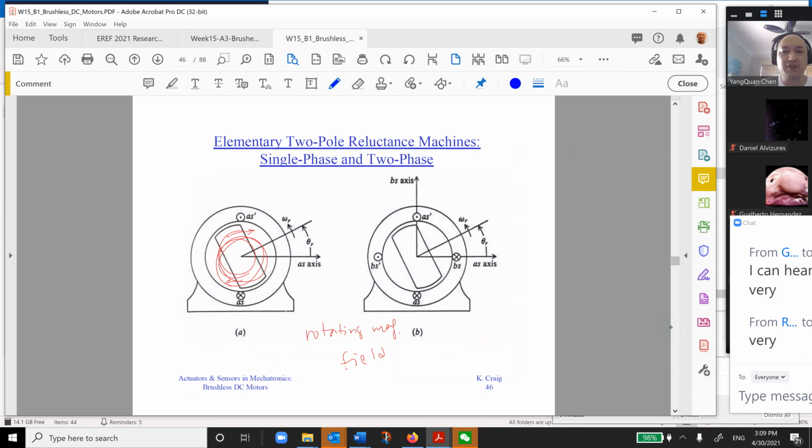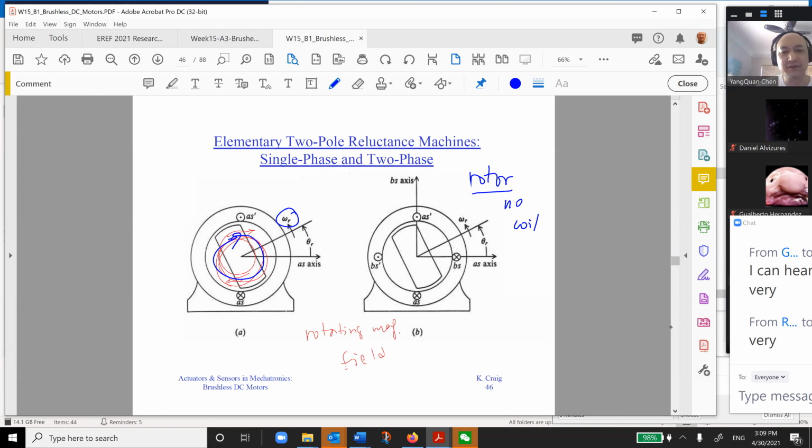So, reluctance machine, single phase, two-phase. Again, you can see that in a rotor there's no coil, no windings. It is just a rotor. How to make this rotor rotate? It depends on your magnetic field, how you make the magnetic field